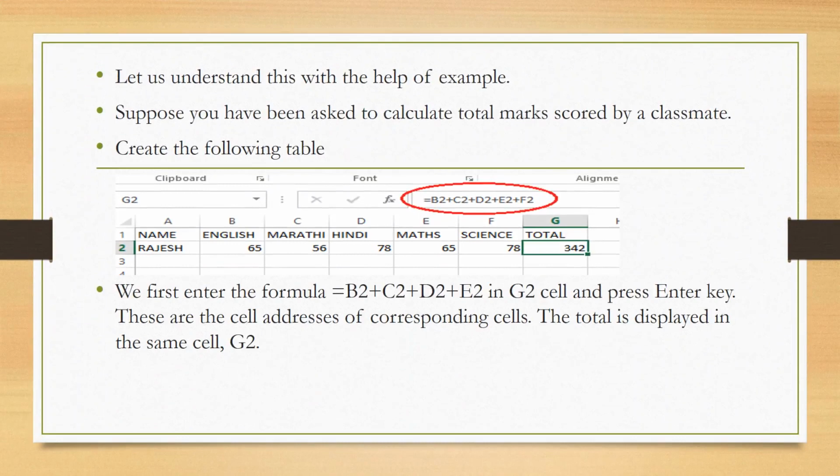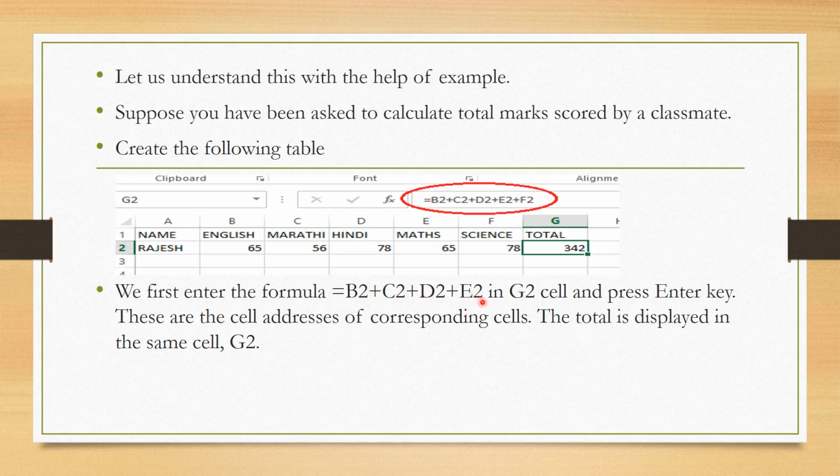Let us understand this with the help of an example. Suppose you have been asked to calculate the total marks scored by your classmate. Create the following table. So students, we need to create the following table in Excel 2007. We'll create this table in Excel 2007 and here in the total cell, in cell address G2, we will type this formula: equal to B2 plus C2 plus D2 plus E2.